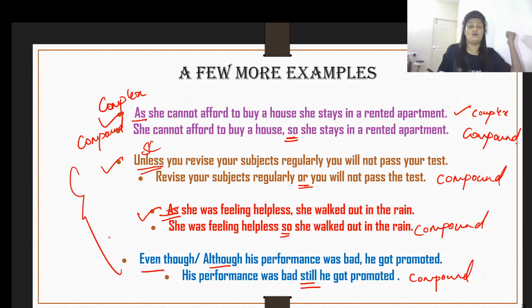So this is how you convert one type of sentence into another. All you have to remember is the structure of the statement. What is a simple statement? A simple sentence is only one independent clause with one subject and one verb, and that can have any number of phrases. Compound sentences are those where you have two clauses with coordinating conjunctions where both clauses are independent. Complex sentences are those where you definitely will have two clauses, but one is an independent clause and another is a dependent clause, with subordinating conjunctions.